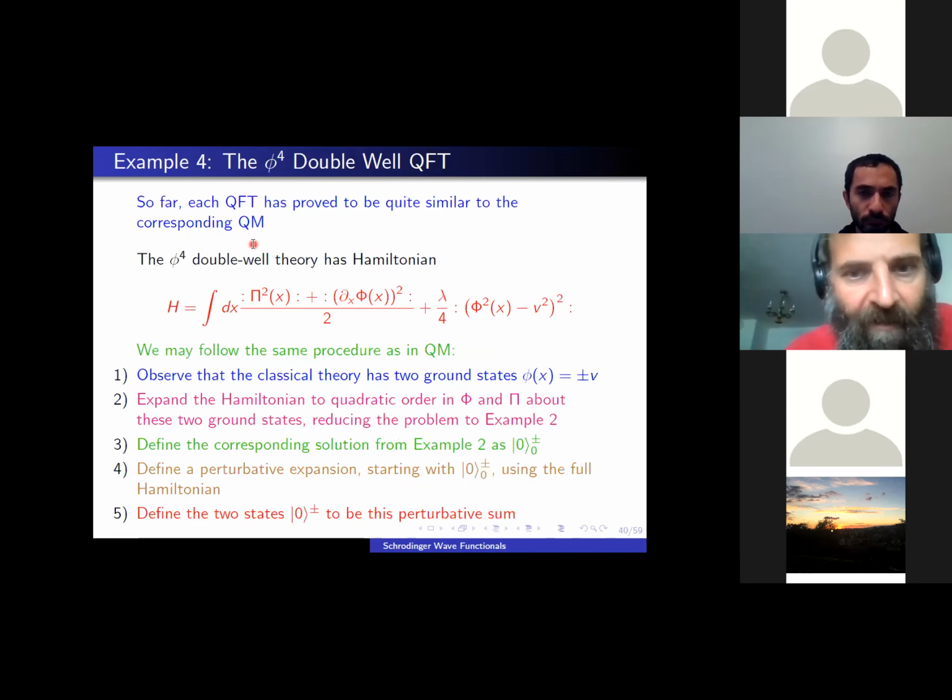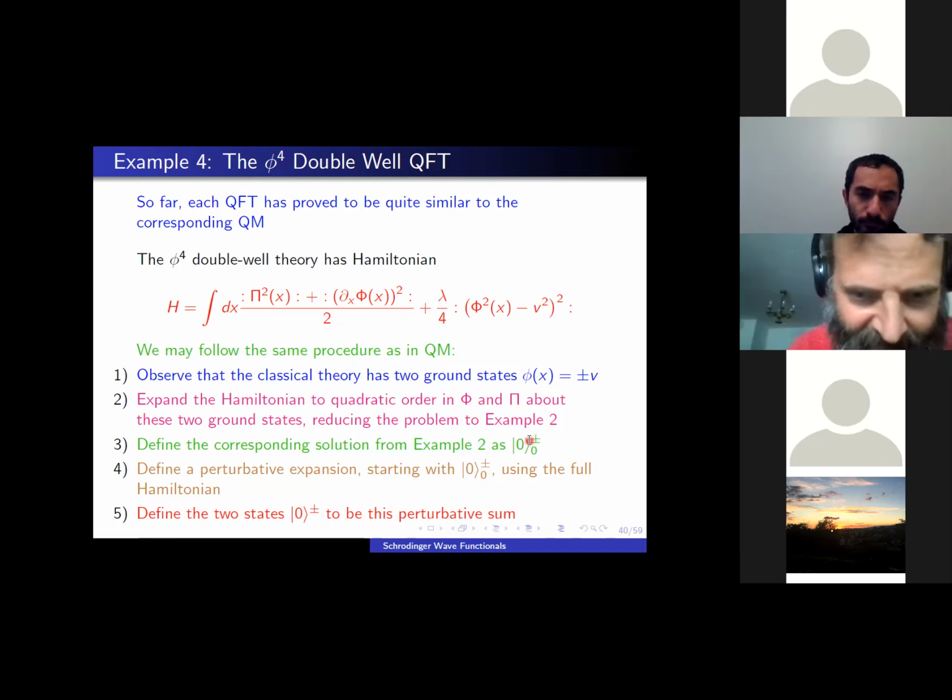Okay, so the interesting one, remember from quantum mechanics, was example 4. Now in example 4, you've got the same Hamiltonian as example 3, just with a different sign. So in quantum mechanics, we remembered we had 2 ground states, and so we could expand the Hamiltonian about either one of those ground states, and that gives you a perturbative expansion where the initial condition is just example 2